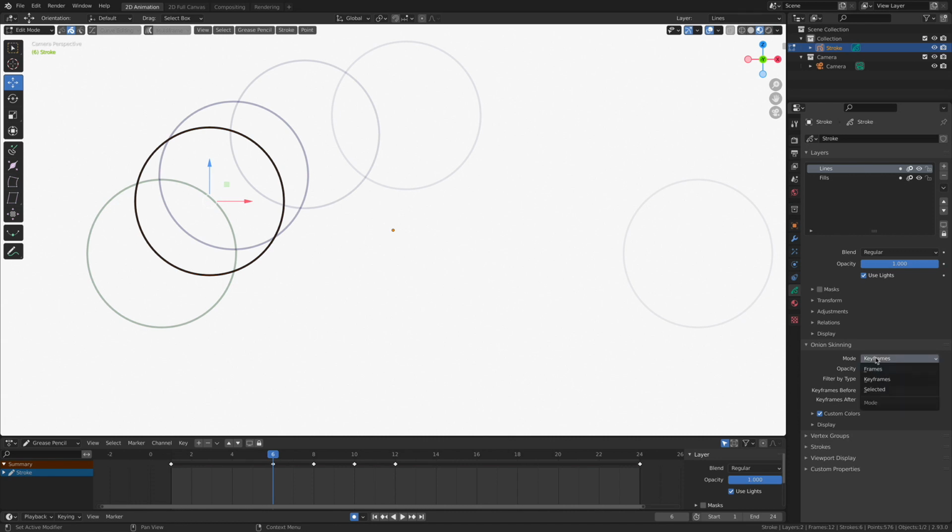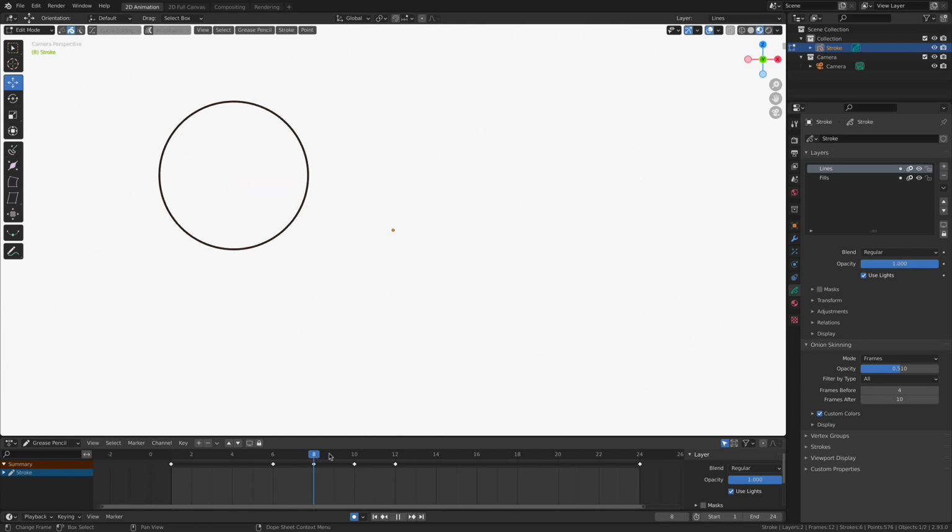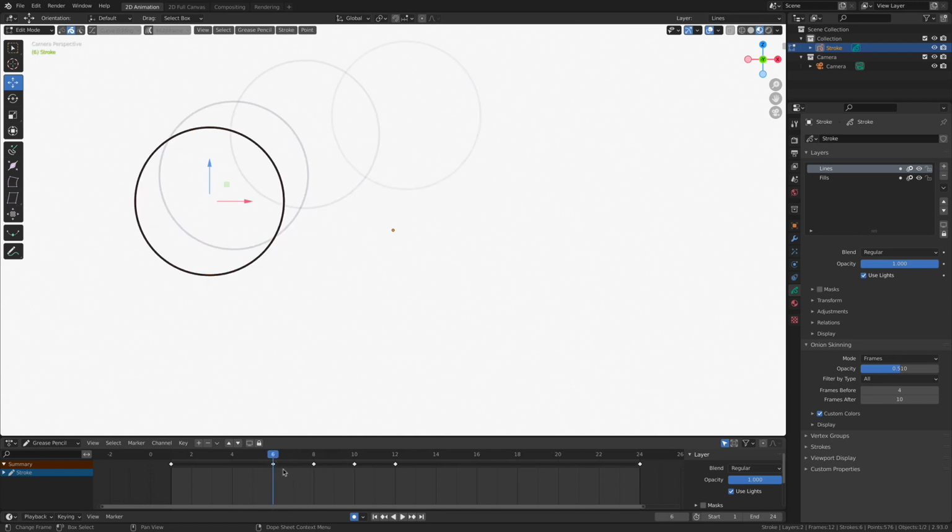We can also change what we're doing. We can do keyframes. We can also show just regular frames. So now it's showing me where the ball is on every single frame. More on that later. We can do something called tweening, which is automatically going to create an animation frame for us without a keyframe. More on that later on in the semester. But point being is that we can change what we're onion skinning by this little drop-down area right in here.